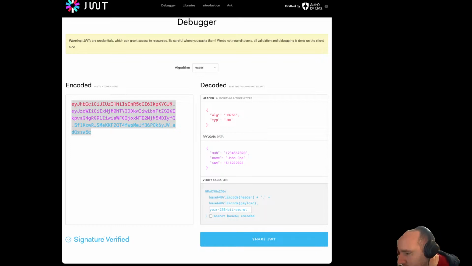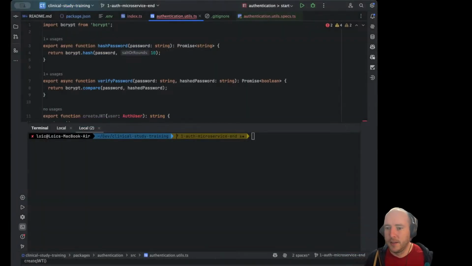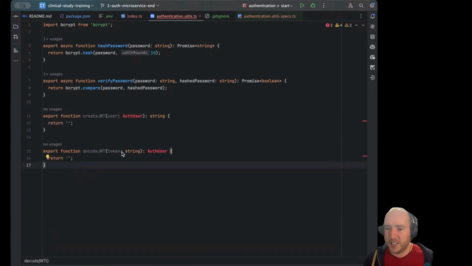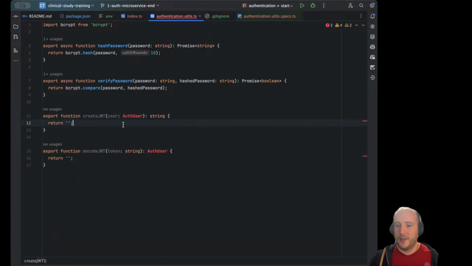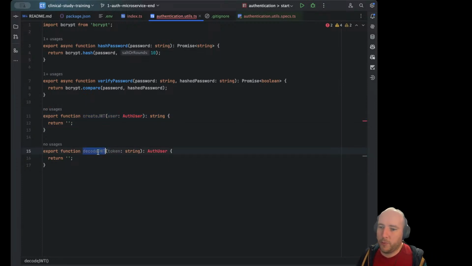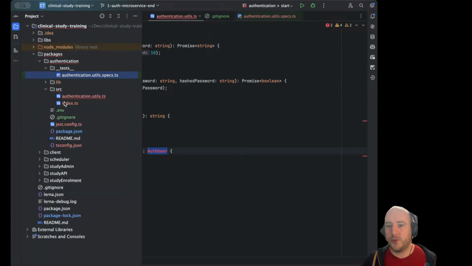Oh, sorry, I'm not sharing the IDE again. Let me go back. So I've created a function that creates a JWT that expects a user and will return a string. And then we have a function that decodes the JWT that expects the token, which is a string, and will return an auth user. Now we will create that auth user,